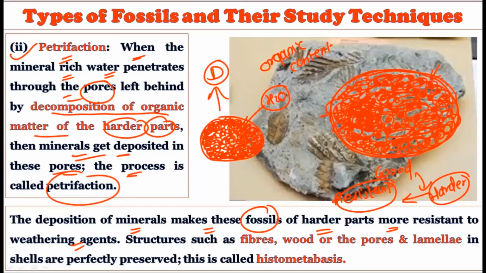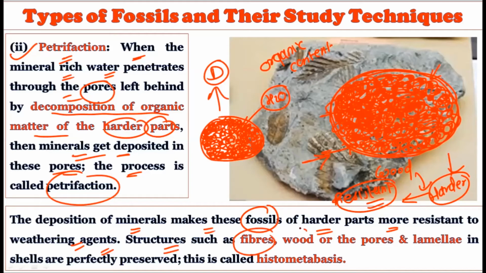So understand petrification, because the majority of the time UPSC will simply ask you what is petrification and give its significance. Petrification is the formation of a fossil in which first porosity occurs due to the removal of organic content, and after that, inside these pores, minerals are deposited by the water. As the minerals are deposited, they solidify and become harder and more resistant to environmental agents. That is why it got preserved in the petrified form.